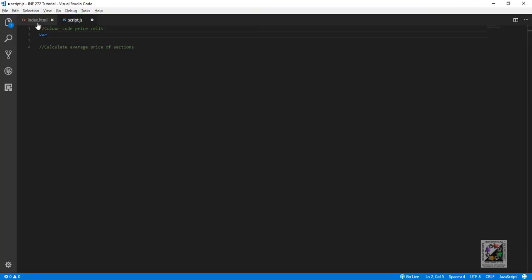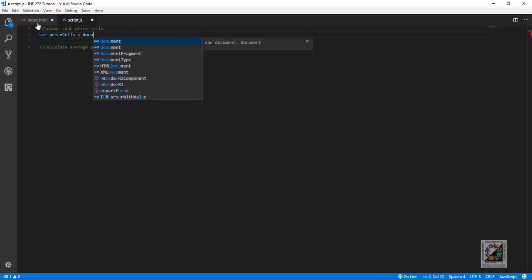So we're just going to use var to declare a variable, and we're going to call it price cells. The way you access HTML elements through your JavaScript is by making use of something called the DOM, the document object model. We'll talk a little bit more in detail about that next week, but this is the notation. You go